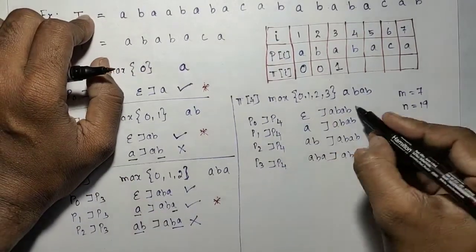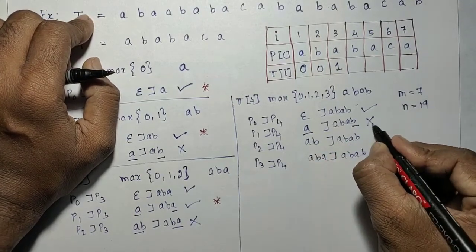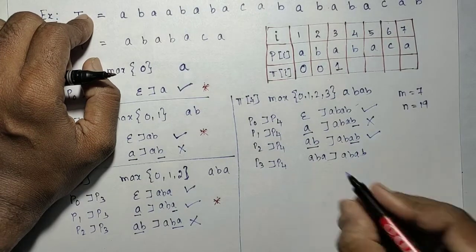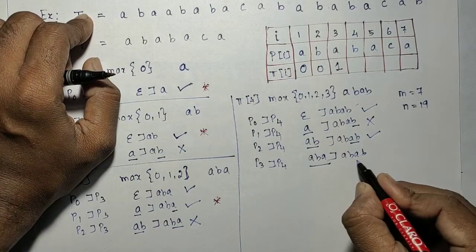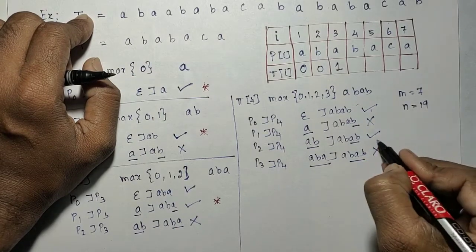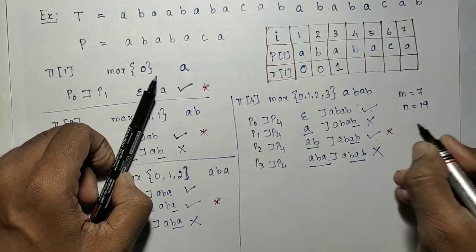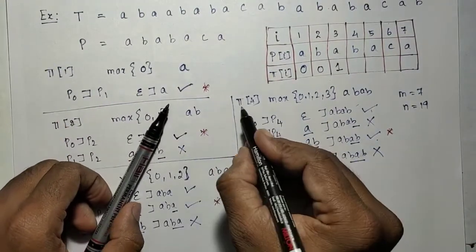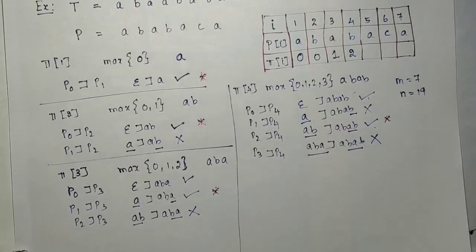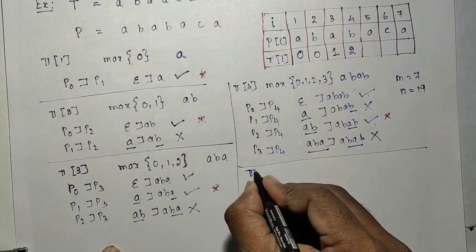Here epsilon by default is true, and A, the last 1 character, is not. And then AB, the last 2 characters, condition true. And then ABA, the last 3 characters, this is BAB, so it is not. So among these 2 symbols, which one do we have to choose, this one. So that is 2, that is pi of 4 is actually 2. So we need to go for the next one, pi of 5.